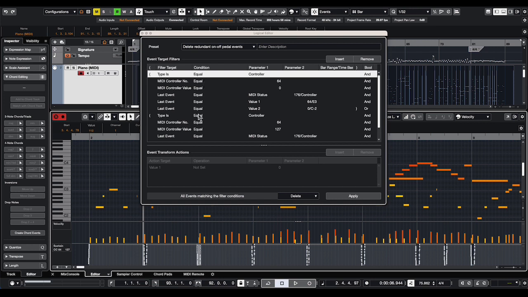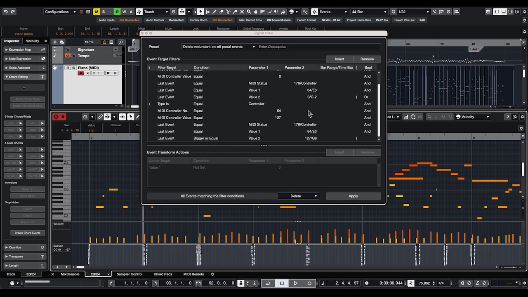The first one is, you detected a sustain pedal event here, which is a controller 64, and its value is equal to 0, and the last event which is a MIDI controller 64 with a value of 0